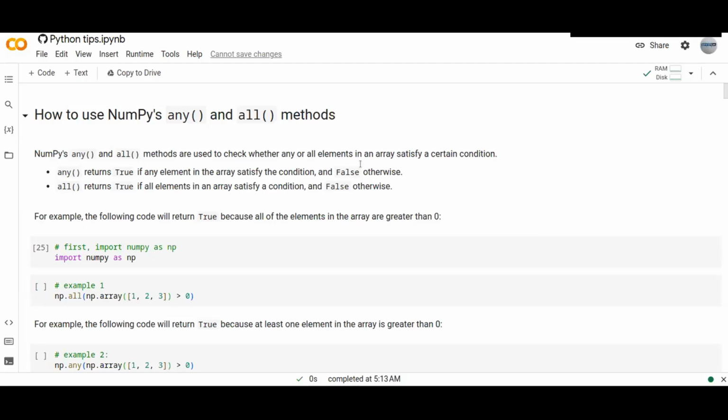Welcome to this tutorial. In this tutorial, you are going to learn how to use NumPy's any and all methods. These methods are the most powerful methods for working on NumPy arrays. NumPy's any and all methods are used to check whether any or all elements in an array satisfy a certain